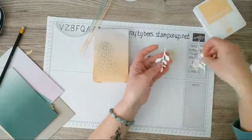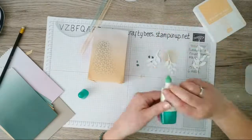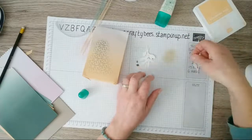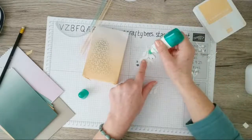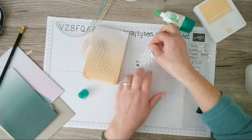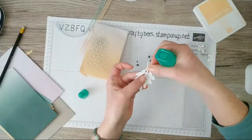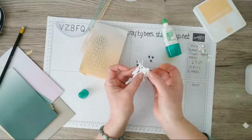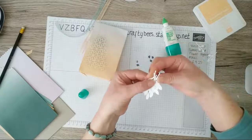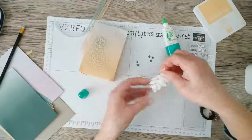And what I did with my leaves was I actually just layered them up and flipped them over so that they were slightly different shape, and I just put a little blob of Tombow on each one as I layered them up. Obviously be careful of your sticky fingers, but just a tiny blob is all that's required, and just kind of offset them a bit. Just layer them up. And you can add the little buds if you want to as well. And you get the idea, you've got a nice little bunch of leaves, and you can trim off some of the excess stems, like so,